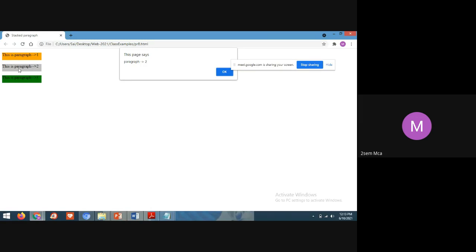Now I have put my mouse pointer on paragraph 2. On whichever paragraph you put your mouse pointer, the alert window will show it. When you click on the OK button, 1 and 3 will be hidden.